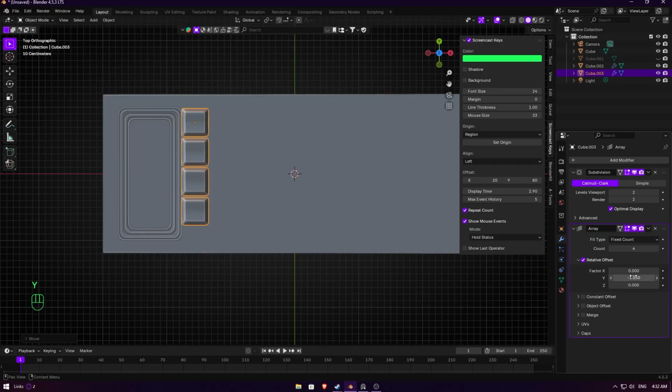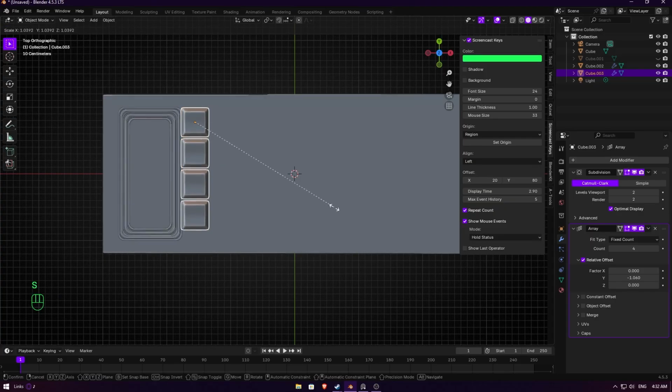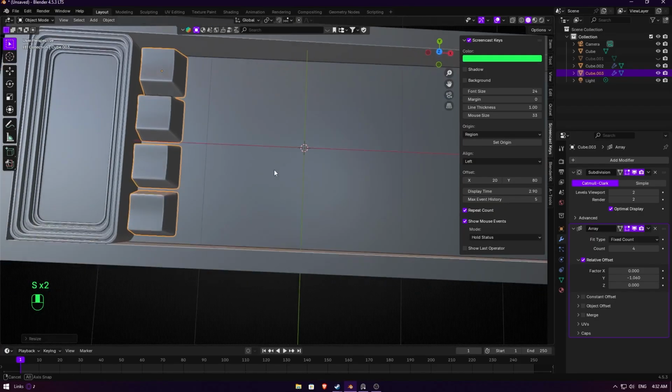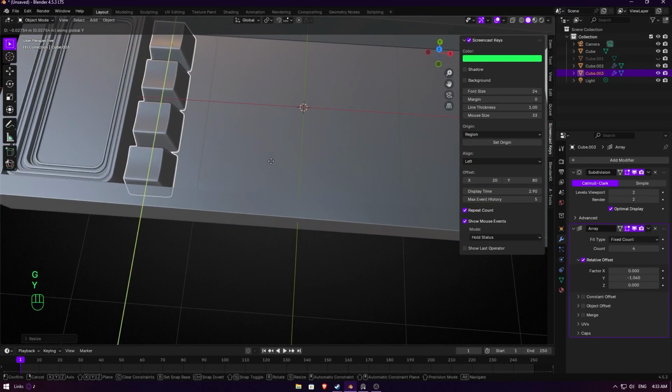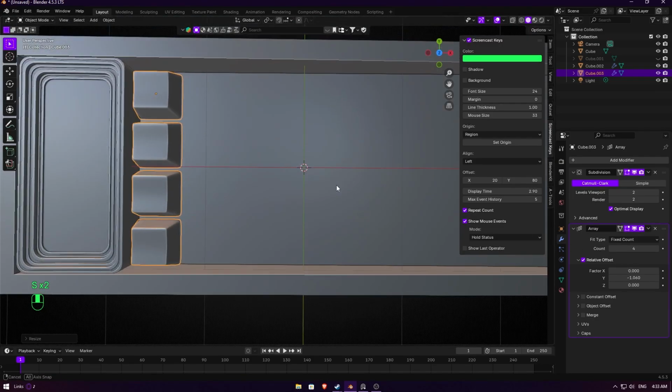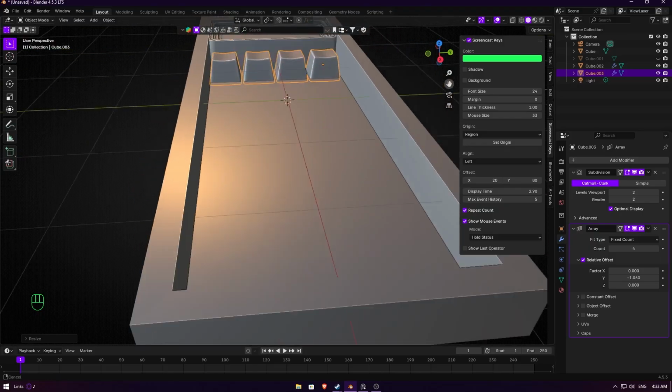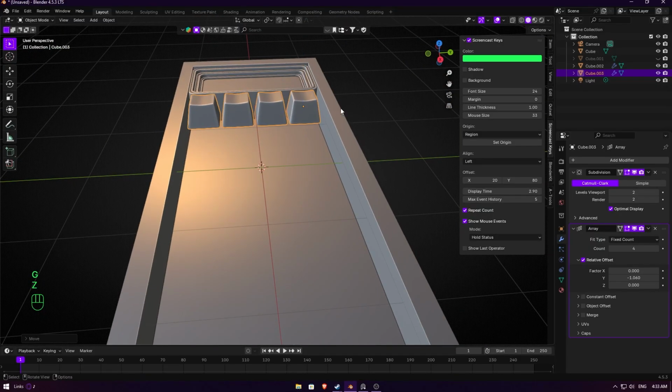I think we should leave some space. I think this one is good, so maybe we need just to boost them,